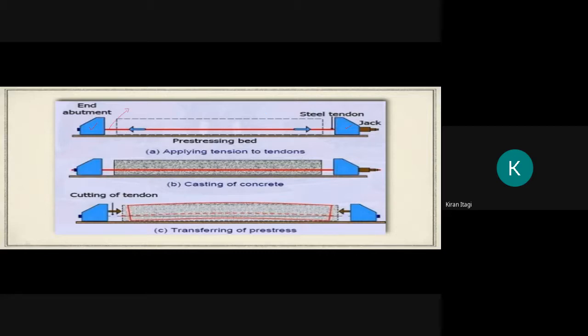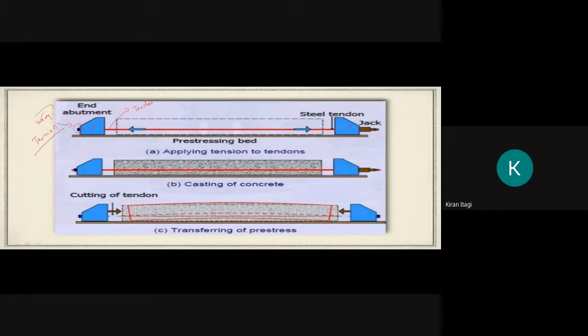The red color you see, these are your tendon, cable, wire, strands, etc. First we place these tendons, and we apply the tension to this cable with the help of the hydraulic jacks, and we provide the wedges or end anchorages. After that we place the mold and